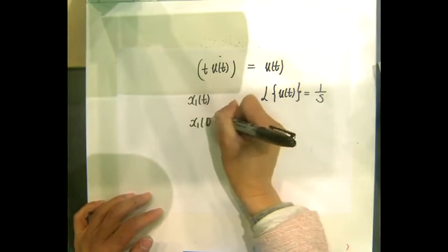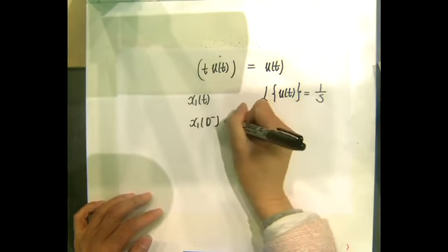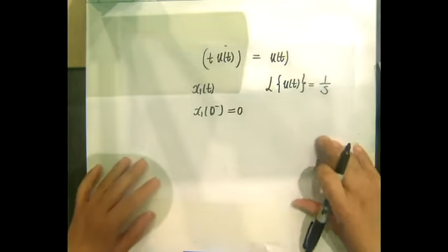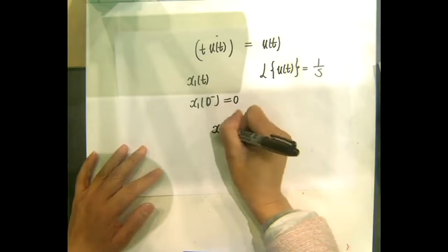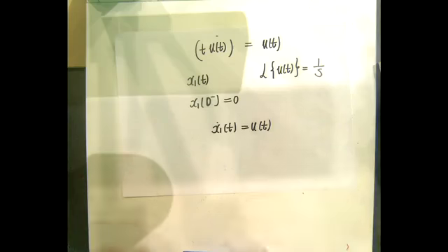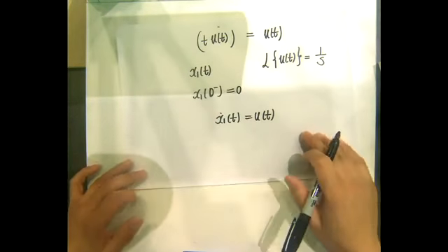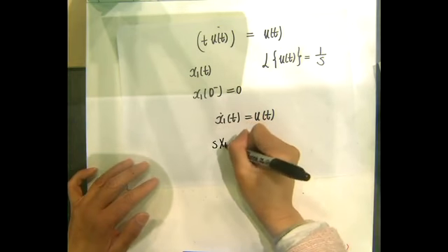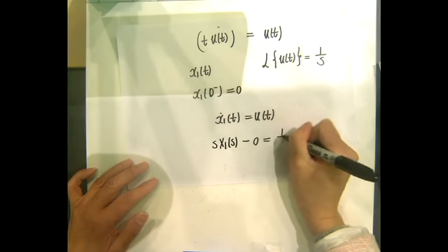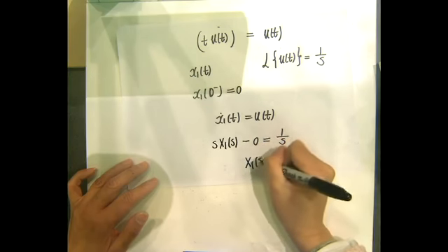So if I'm doing this part, I know x1(0-) is 0 because I'm dealing with the step signal. Then I consider x1 dot is u(t), and I take the Laplace transform of both sides. This one will be s X1(s) minus 0 equal to 1 over s. My X(s) is